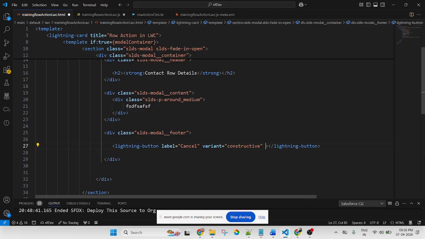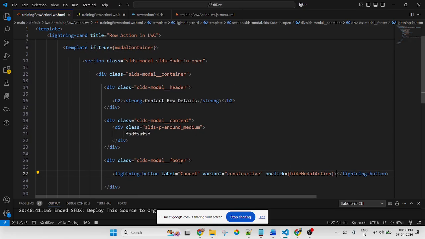And here I will apply an onclick function. On click, create a function, hide modal action, so that when we click on cancel, the modal property should hide.